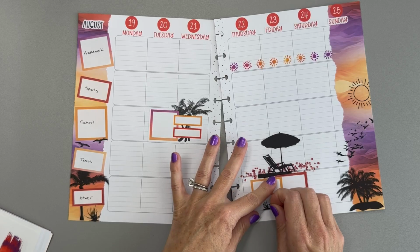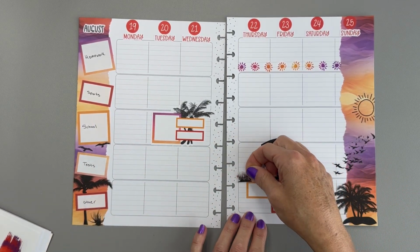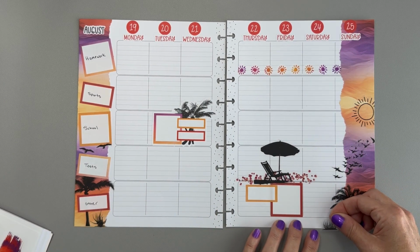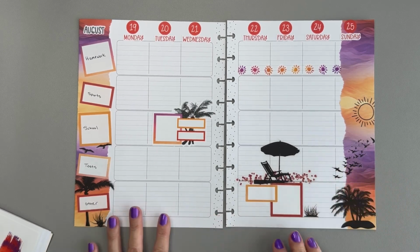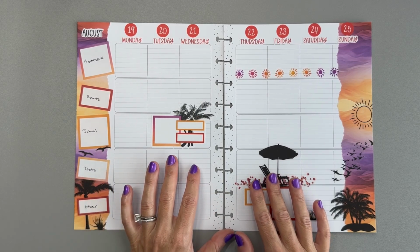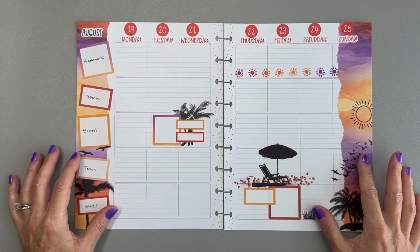But now I feel like this looks weird here. So I guess we get rid of this piece. Maybe if we put it on this side, it won't be as weird. All right, I think that's going to do it for my spread for the week of August 19th. This is back to school week in my teacher layout,